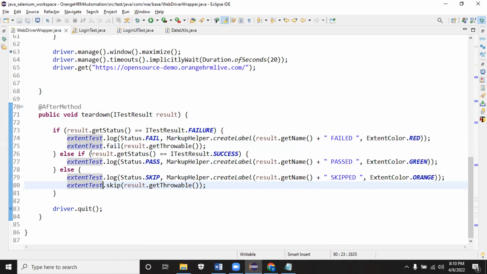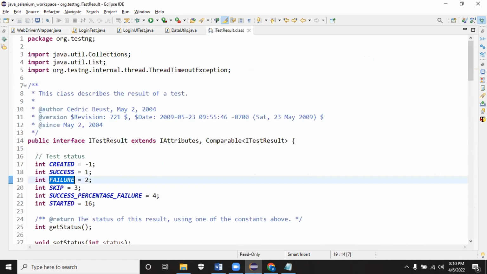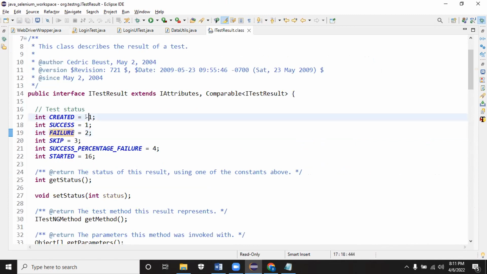Now based on the test method, it will check the result. Okay, so listen here. result.getStatus will give you a pass or fail, something like that. It will give you a number.